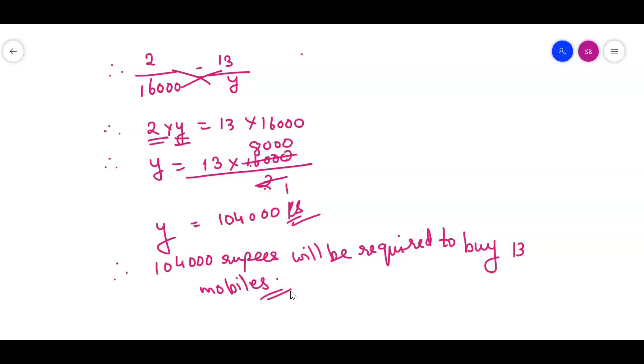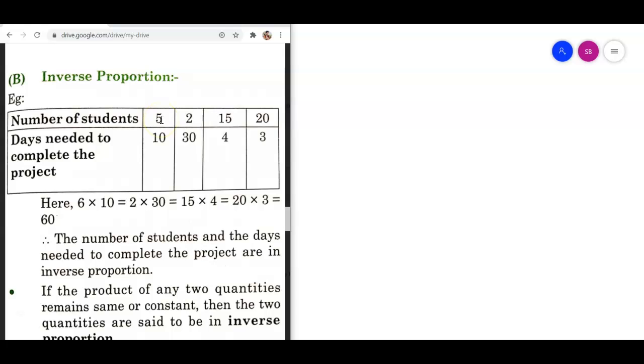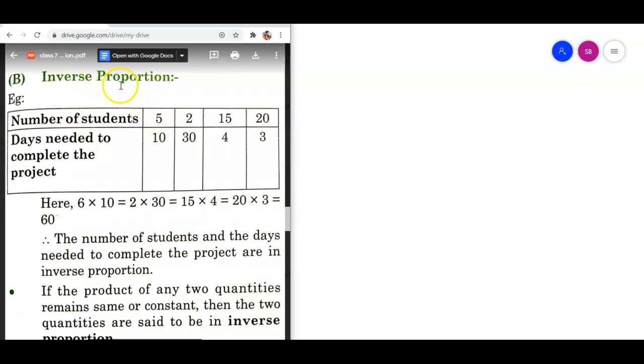So let's start with exercise number 38, which is inverse proportion. Now the thing which we did in the previous exercise was direct proportion, where of the two quantities which are given, if one quantity increases, the other one also increases, or if one quantity decreases, the other quantity also decreases, and therefore the two are always in the same ratio. That we said is direct proportion. Now let us learn about inverse proportion.